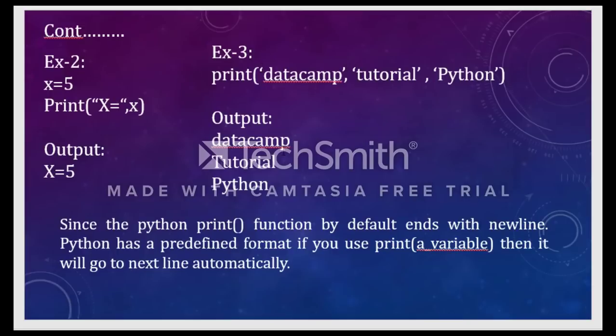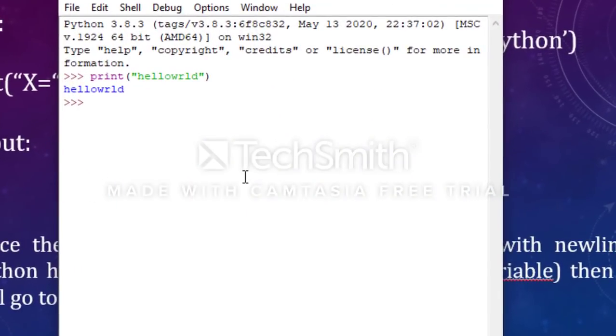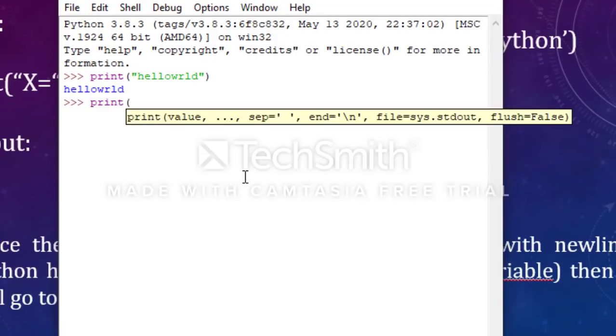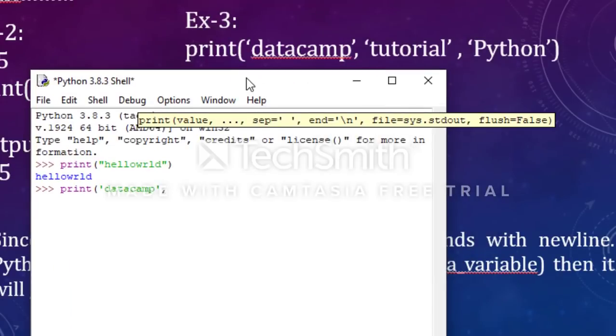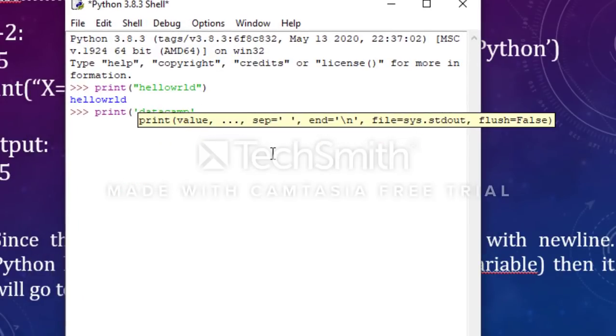If you click on enter, you will get the output DataCamp, tutorial, and Python. We can check with this. We write the statement print, and I am giving the value DataCamp as one parameter, and the second one is tutorial.